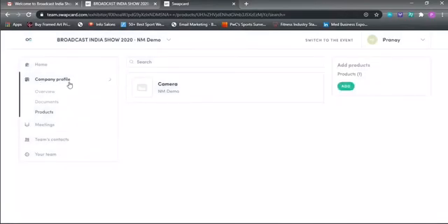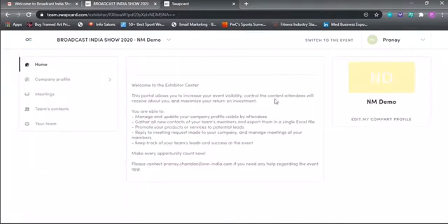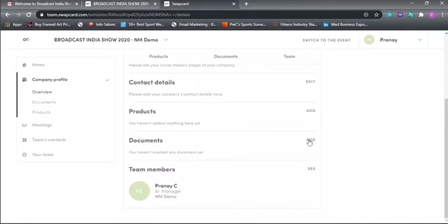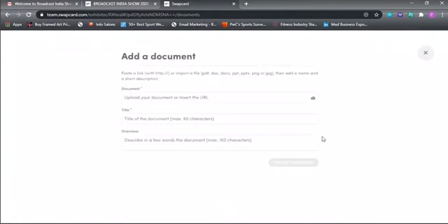Again, I'm going to go to the company profile. There's an option to edit and add documents over here. Documents can be in the form of a URL, a PDF, a Word document or a PPT.